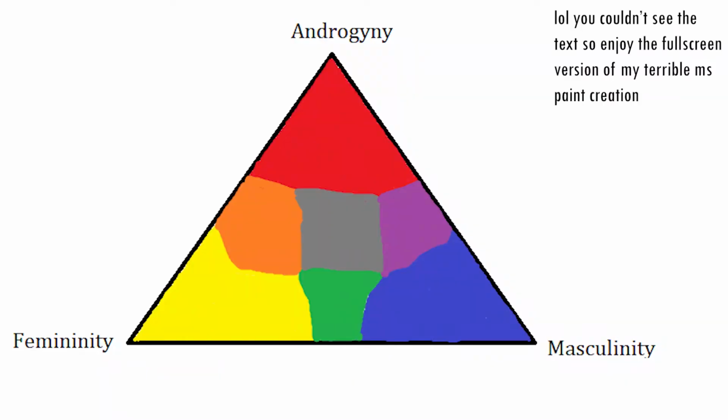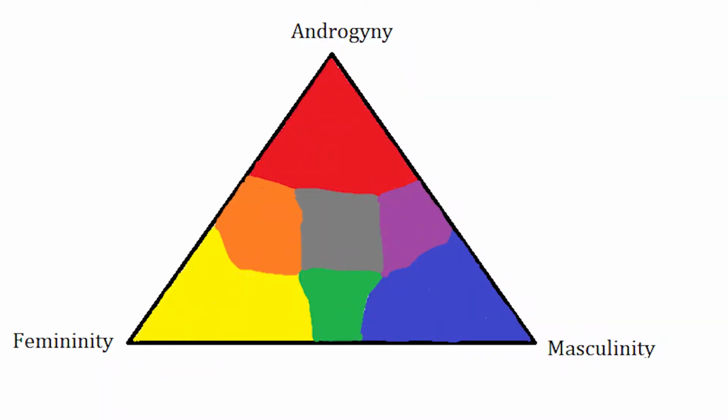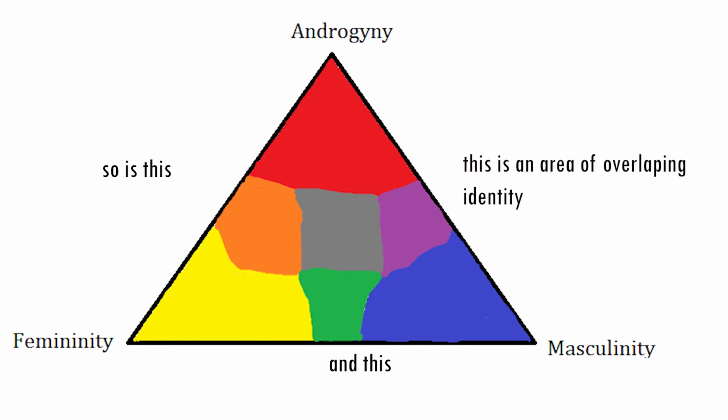So I made a little triangle. It should be like over here. Each point of the triangle is associated with one type of identity. For example, the bottom right corner is masculinity, which would include both cisgender and transgender men. If you don't know what those terms mean, don't worry, we'll get to it in the next episode. And gender isn't mutually exclusive either. A gender may incorporate elements of androgyny and masculinity, masculinity and femininity, androgyny and femininity, or all three, etc., etc.